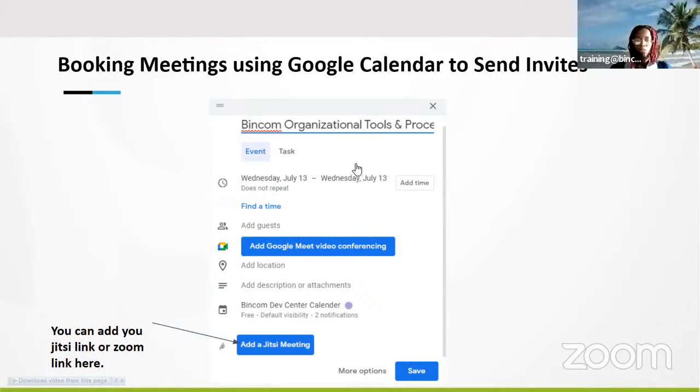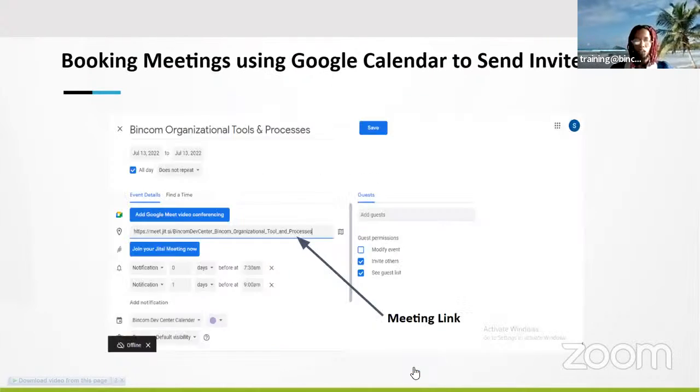So this is a sample of how it looks like. You have the title. It's really just an event. You can decide to add a Jitsi meeting link, use this, and easily save. And then if you need to add guests, you just add the names of the guests.